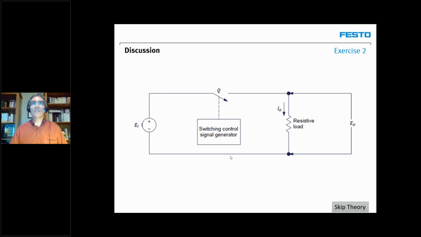So what you can see here is the most basic power electronic circuit you can find, with on the left side a DC source that will provide us with a constant voltage. On the right side, a resistive load to which the source is connected. And between the two, we have a power transistor, an IGBT in this case, that we can turn on and off. So when the transistor is off or open like this, the circuit is open, no current is flowing, the resistance doesn't see any